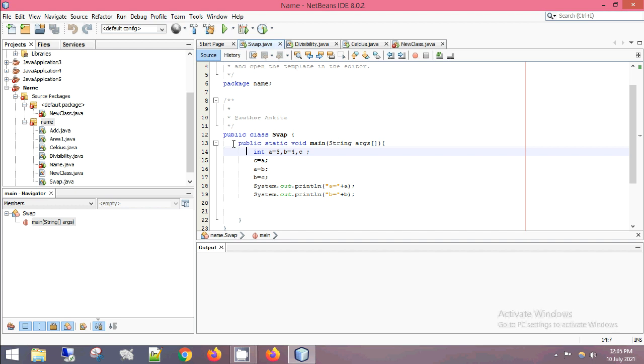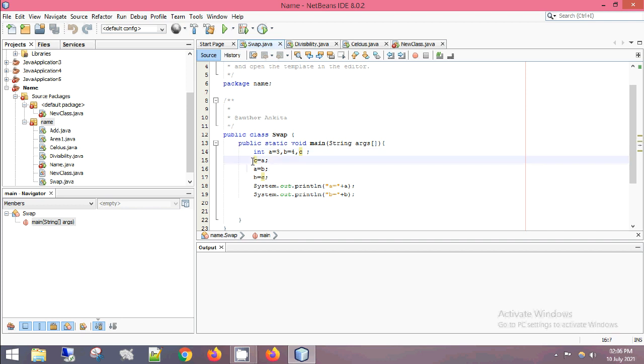Now before continuing with the code, let me tell you how exchanging the values can be done. Say in a, 3 will be stored and in b, 4 will be stored. So over here I am taking a third variable c. What is the role of this third variable? Right now it is empty. It will store the value of a initially. So I wrote c is equal to a, so c will be equal to 3.